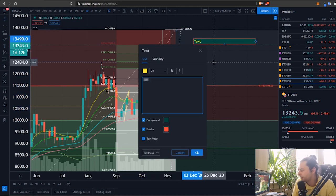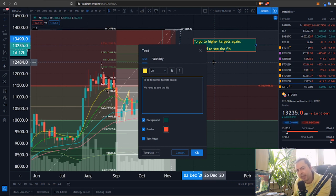If we want to continue up to our next targets, to go to higher targets again, first off, we need to see the Fibonacci trend-based extension there fail at the